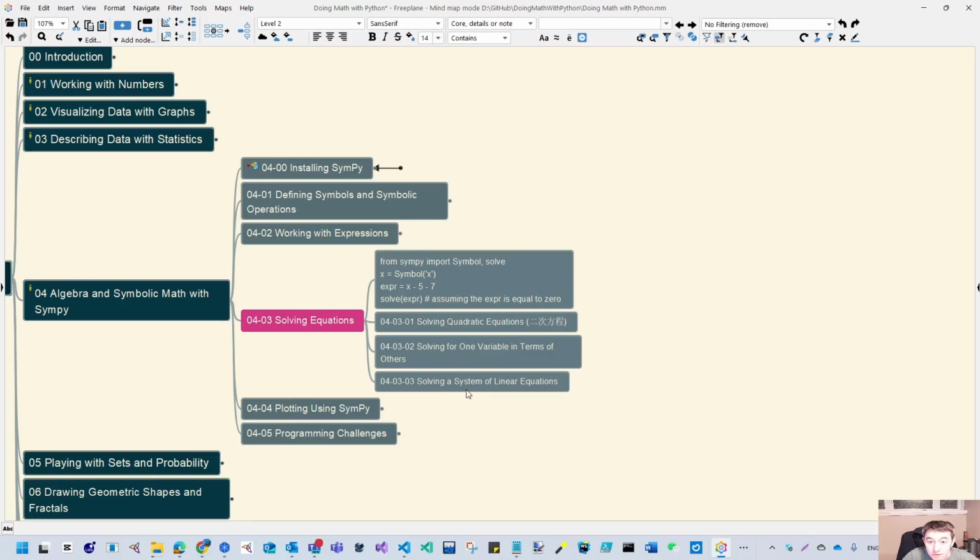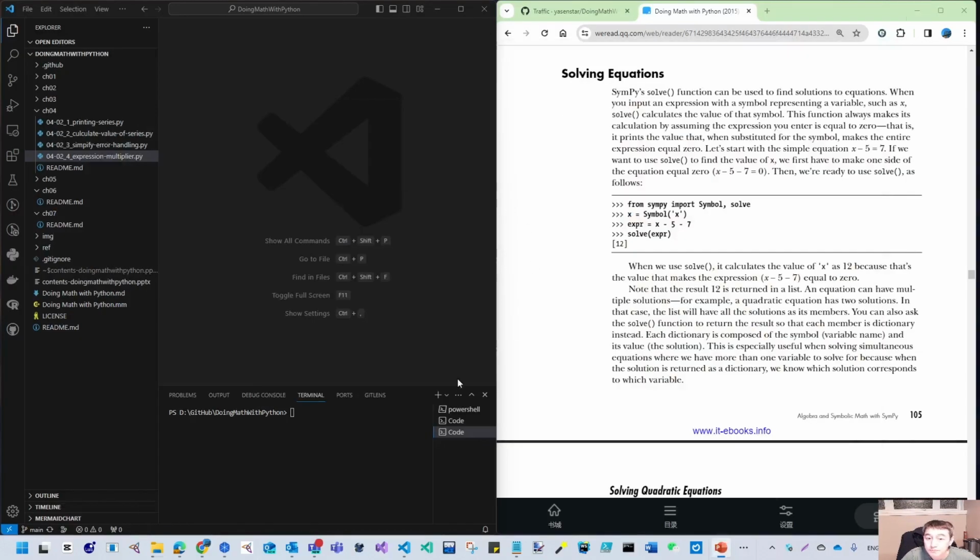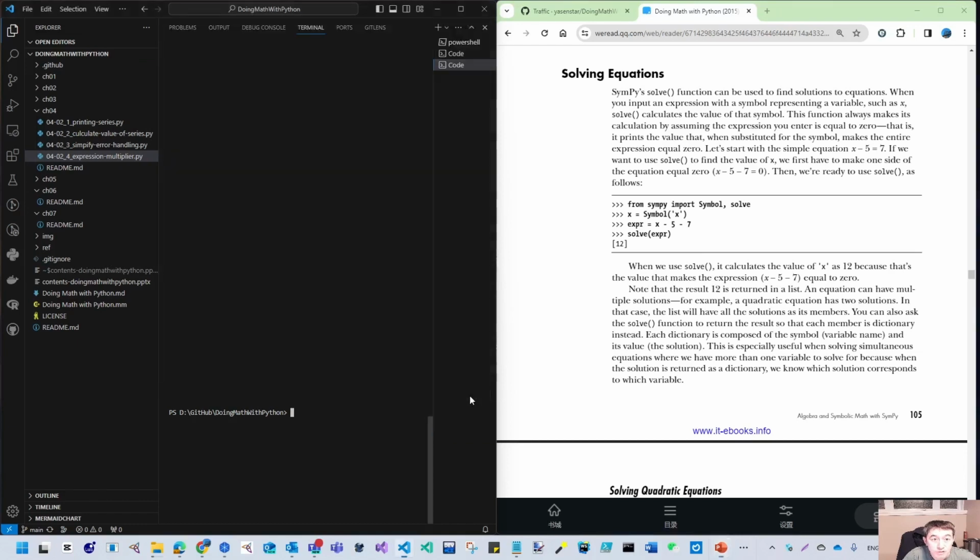We will also solve a system of linear equations: two equations with two variables, x and y, and we can get the solutions for x and y. We don't need specific code here in the slides, so we use the terminal. Let's come to Python